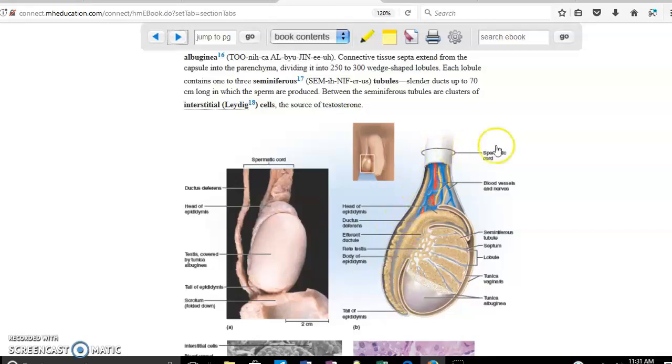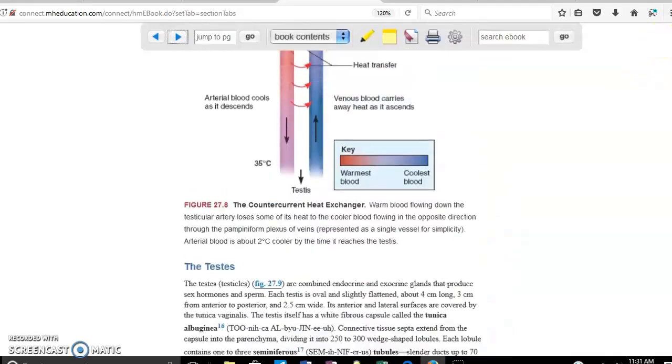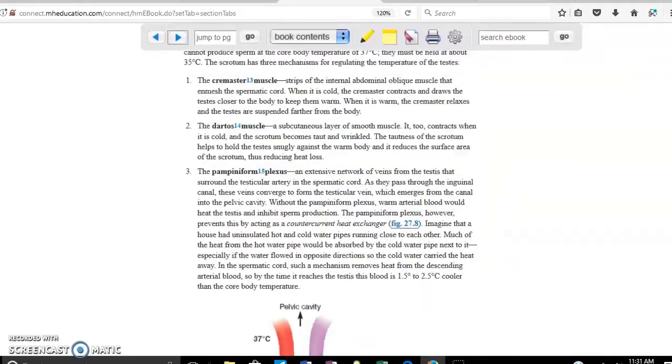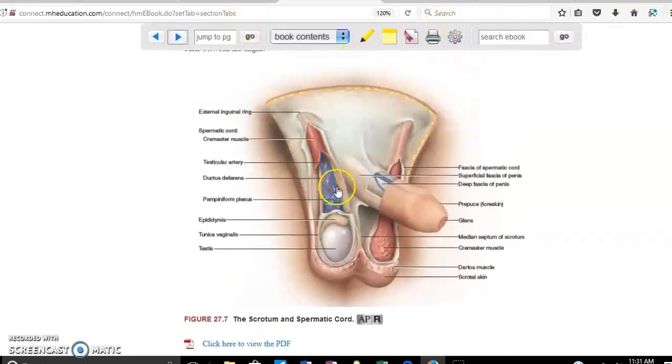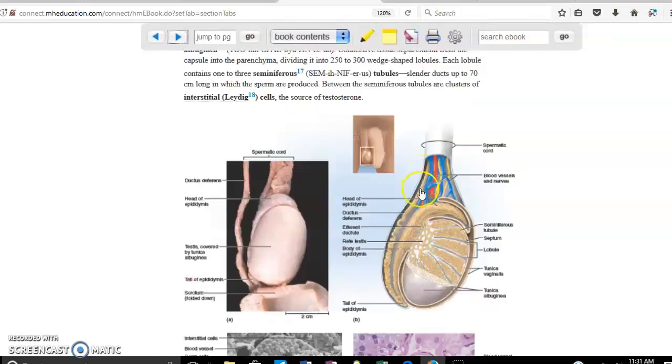This part is called the spermatic cord. That is kind of like the bridge that communicates the testicles with the body, which is the same area that I showed you before in the previous figure. So this area right here is going to be the spermatic cord. So where the spermatozoas are created in the seminiferous tubules, it continues all this set of tubes and comes out through the spermatic cord into the body using the ductus deferens. What are the structures you find in the spermatic cord? Blood vessels, arteries and veins, as well as nerves. So if we scroll down,